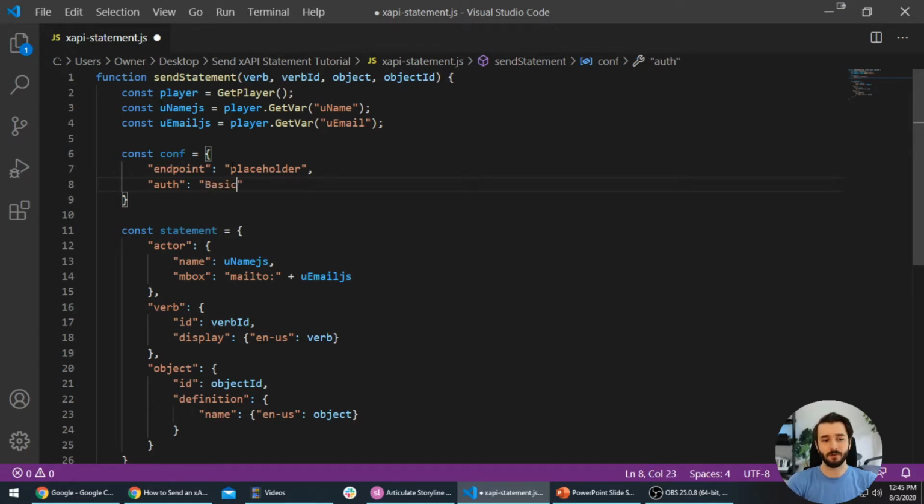It's going to be "Basic " with a space, and that's going to be a string. And then we're going to add toBase64, open parentheses, and it's going to be the key and the secret. Or another way to put that is the user and the password. Okay, so I'm going to give you a second to look at this. What's going on here in this auth value